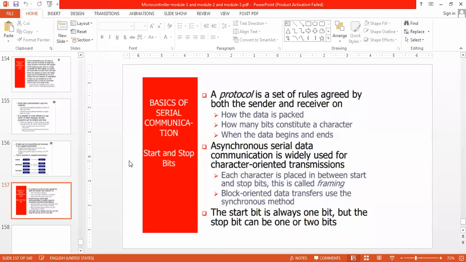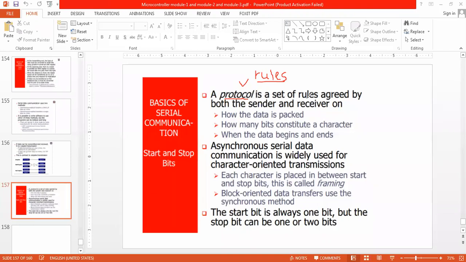So that is why some protocols are used. What do you mean by a protocol? In simple words, rules. For a protocol, I give a name: rules.